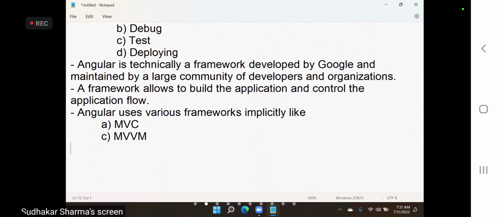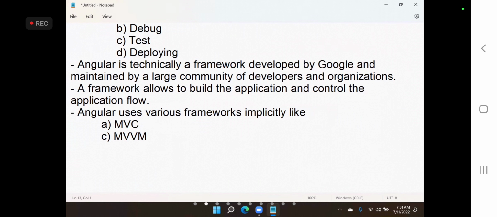Now the question is, if you are learning a language, what concepts do you have to learn as a developer? In any programming language, we have to learn variables, data types, operators, statements, functions or methods. If it is an OOP language, then interfaces, classes, abstract classes, all these things come under the language.